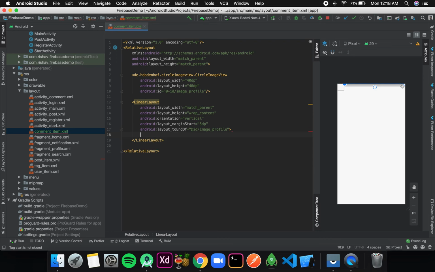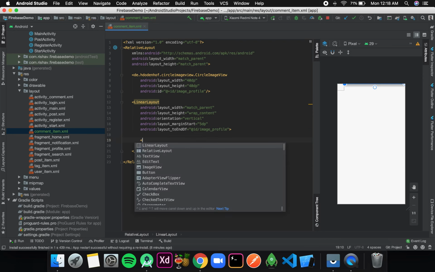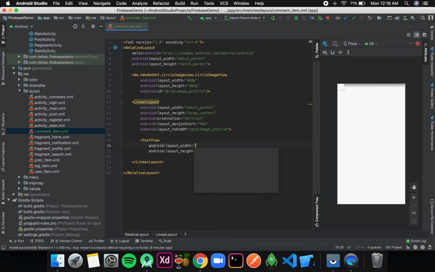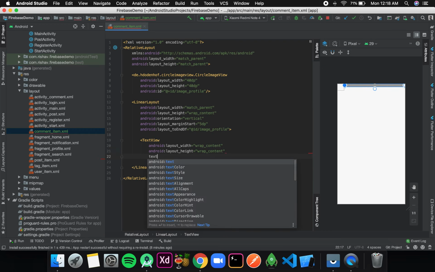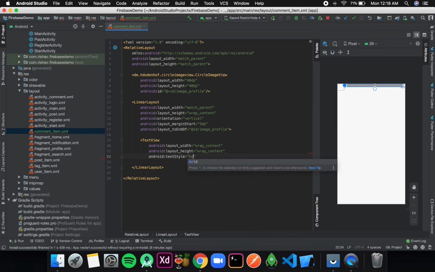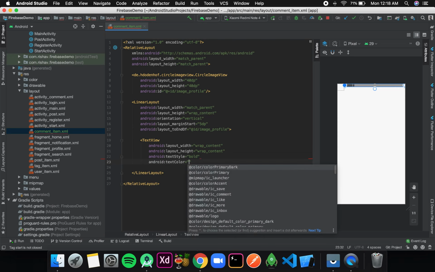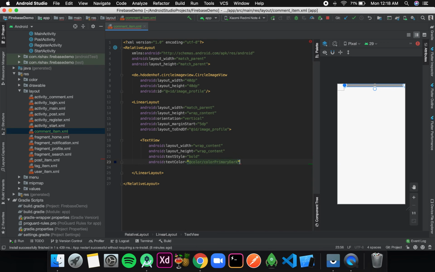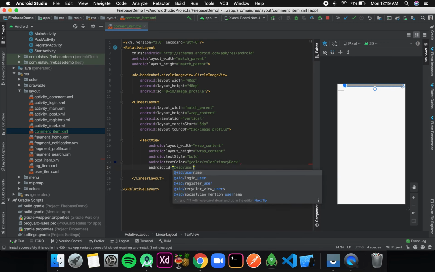Now inside this linear layout we will first have our text view. Width is wrap content, height is wrap content, its text style is bold. And its text color will be color primary dark, and the id is username.